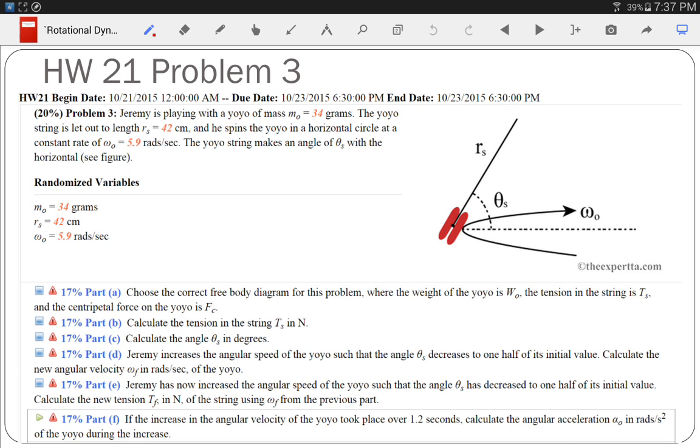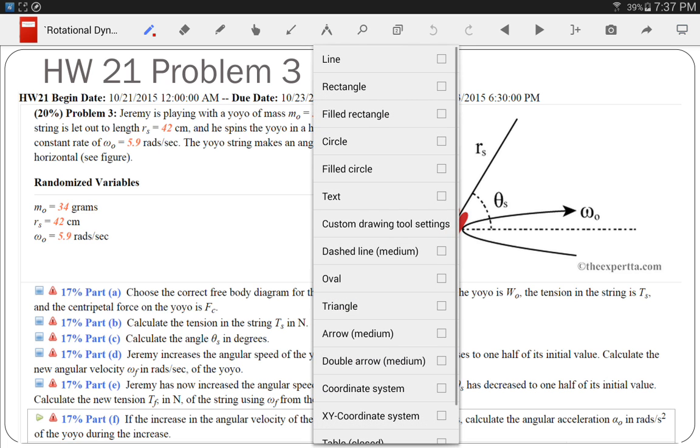So starting off, we have the yo-yo swinging in a horizontal circle, and it makes this angle theta s with the horizontal, and we have a string length that is rs. And so here's our number rs. Our angle theta s we don't know, and it tells us to first of all choose the correct free body diagram. Well, choosing the correct free body diagram, all I really need to do is determine what forces are acting